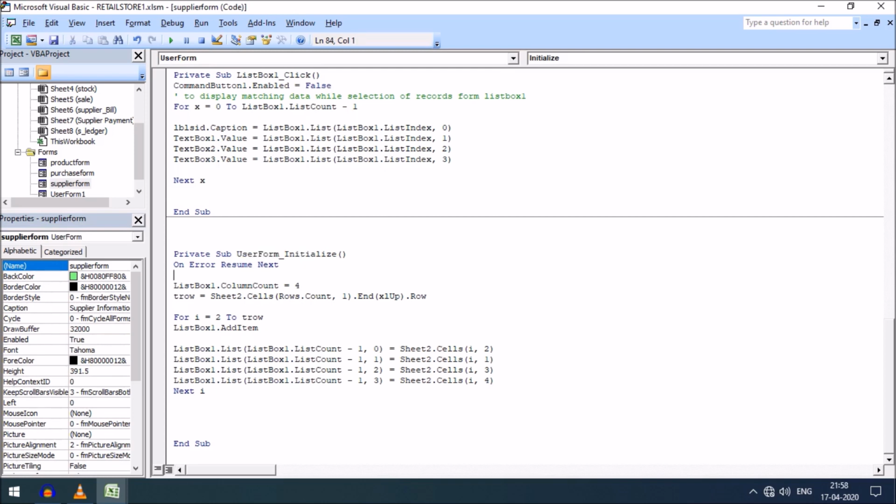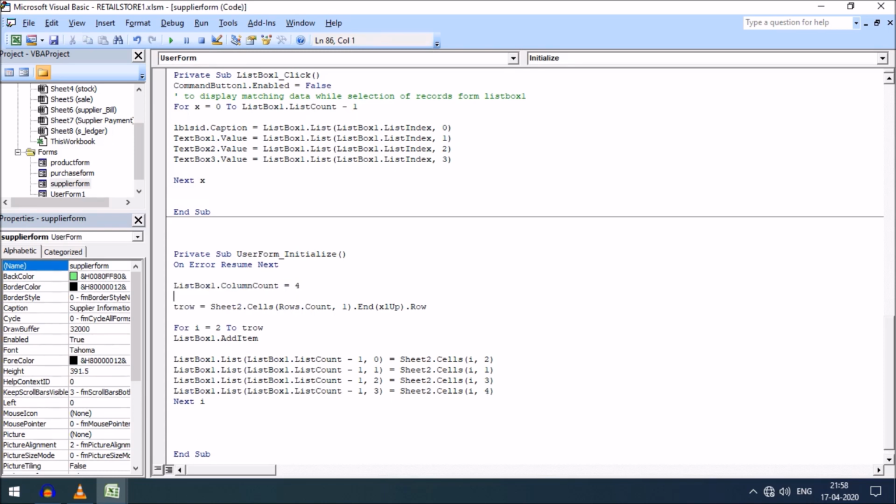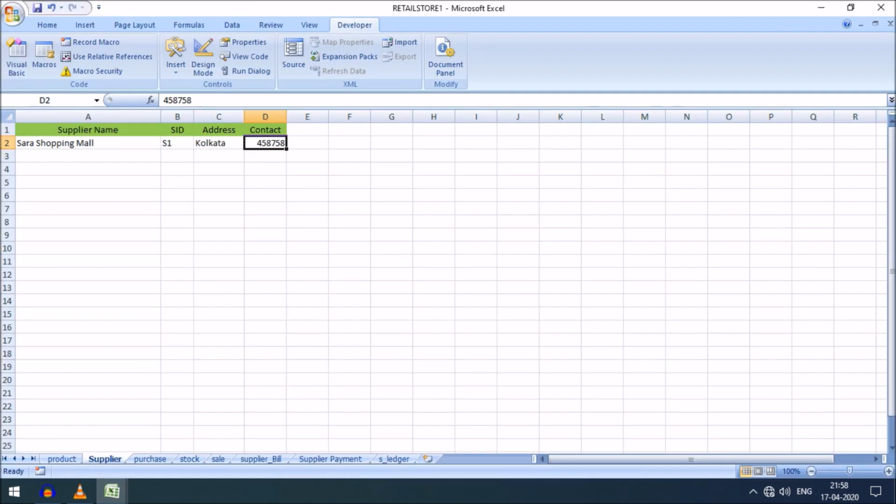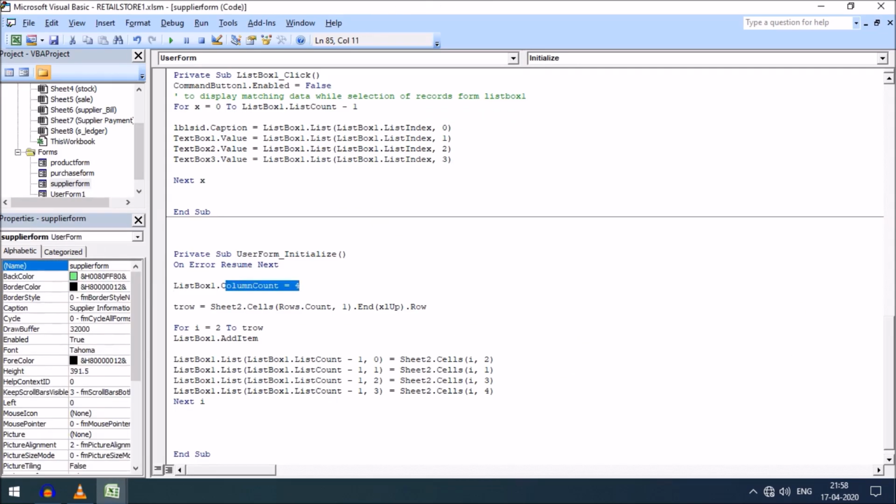Here you can see, similarly friends, I have written that I need a 4 column list box, because you can see sheet 2 is a 4 column sheet: supplier name, supplier ID, supplier address and supplier contact. So going back, I need a 4 column list box here. I have written listbox dot column count is equal to 4, and then t row, here I have taken a variable,